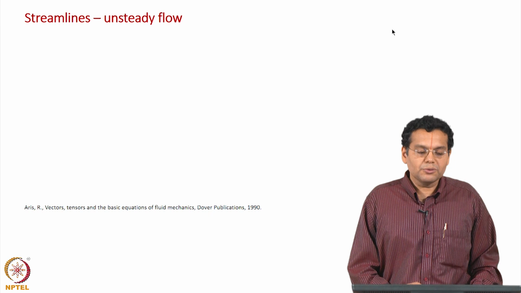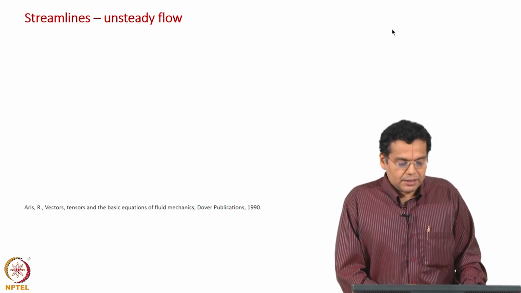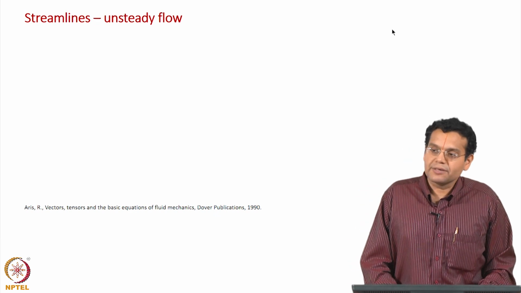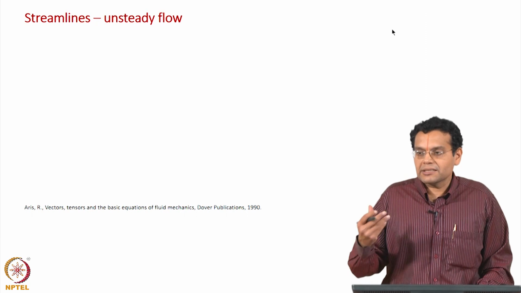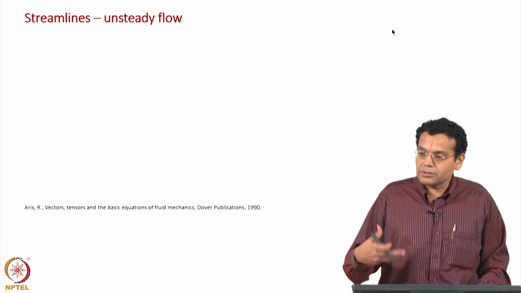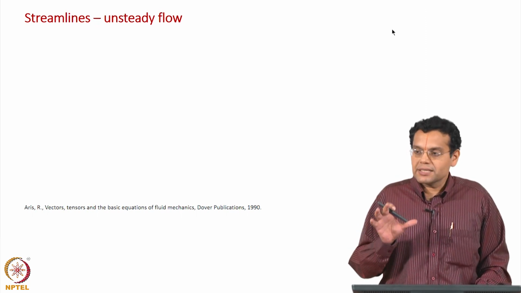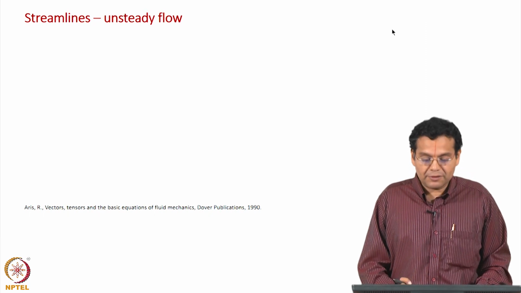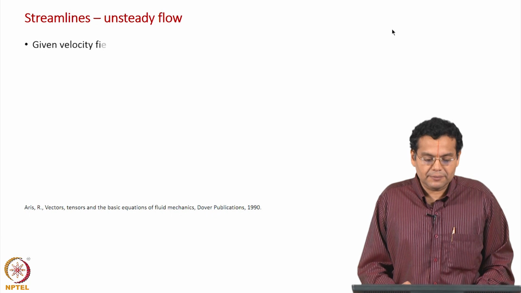Another objective is to see how to find these lines and plot them for an unsteady flow, and we have already discussed that for unsteady flow these lines are not the same. So, you will see that these lines do not coincide, and then you will also see how to plot a streak line. Those are the special features of this example. Other things are a little bit common with the previous example.